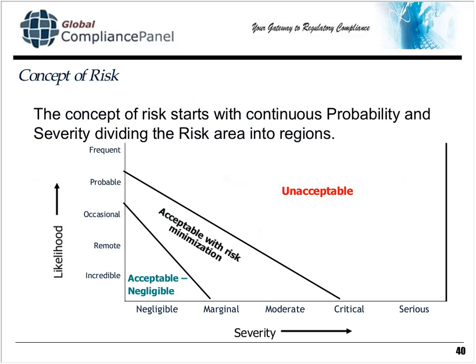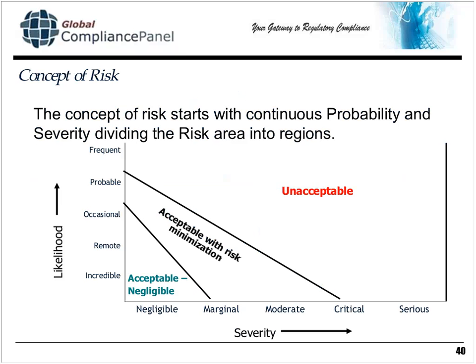So one of the things that we might do is imagine risk as on a plane. And so what we have is this plane divided up into regions. And I've divided these regions using a recommendation from 14971. The risk management plan section tells you how to do this, and it's got some notes. And the notes